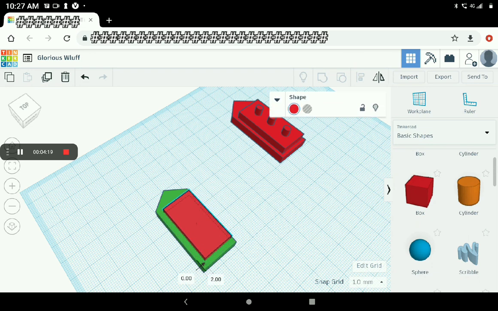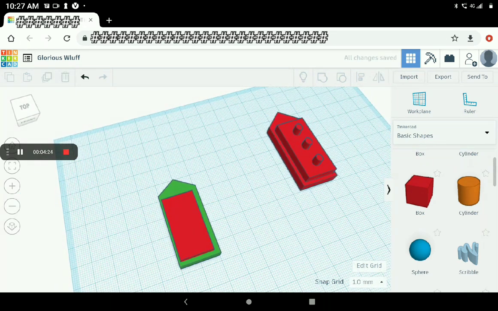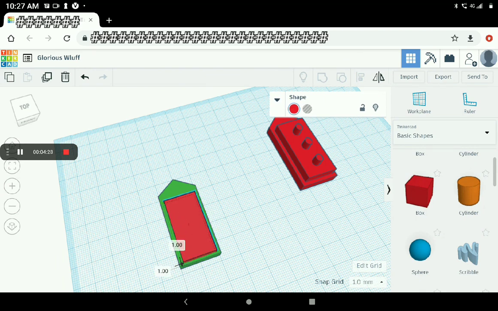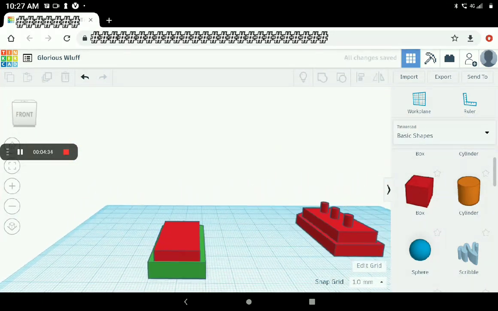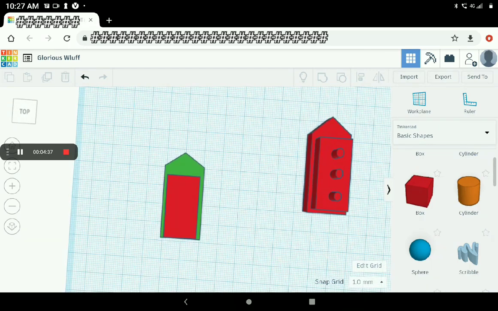Yes. Now it's perfect. Yes. As you all can see that the gap is almost the same.